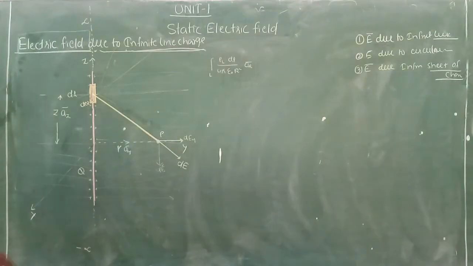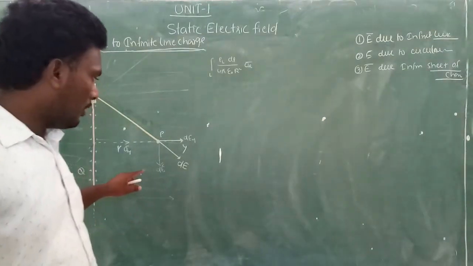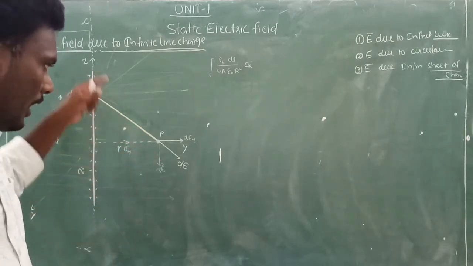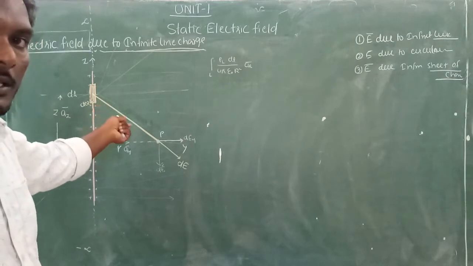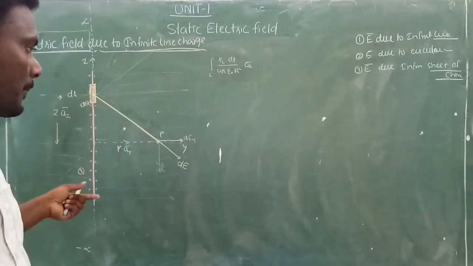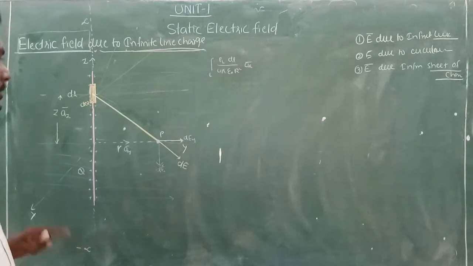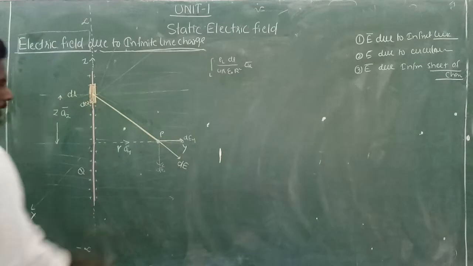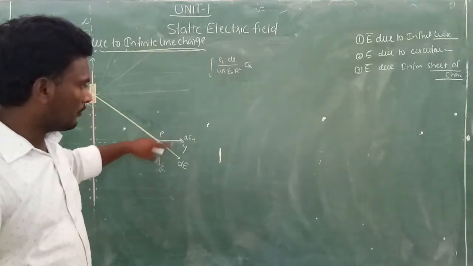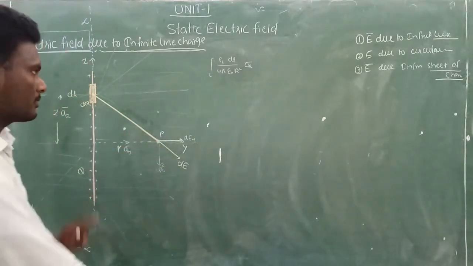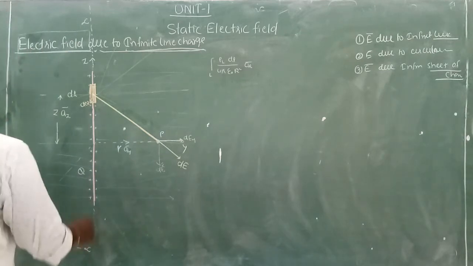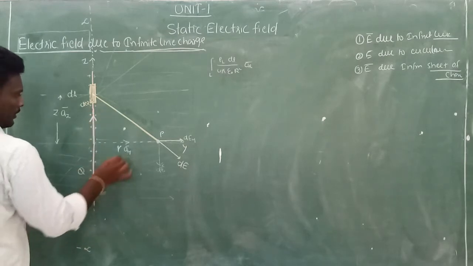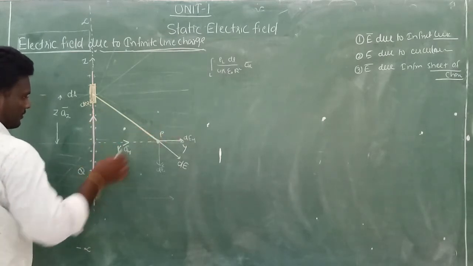Now see in which direction. It is not possible to identify the direction of electric field intensity right now. Only after deriving the expression for electric field intensity do we know the direction. Just imagine that the component of electric field intensity in the y direction will be like this, in the z direction it will be like this, and the vector summation of these two fields will be like this. Imagine this. Now see, your differential length will be in the upward direction and your distance will be towards the y-axis like this.